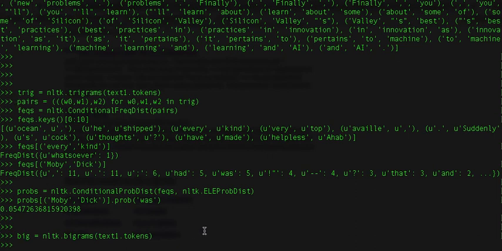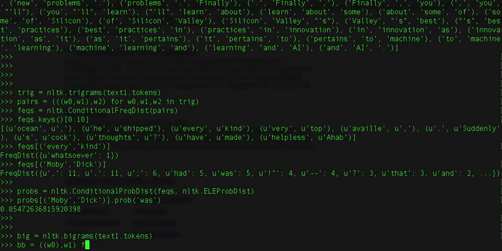Then I'll build a variable BB, for whatever reason, with word 0 and then word 1. This means I'm going to store word 1 given the previous word. That's a bigram model, right? Word 1